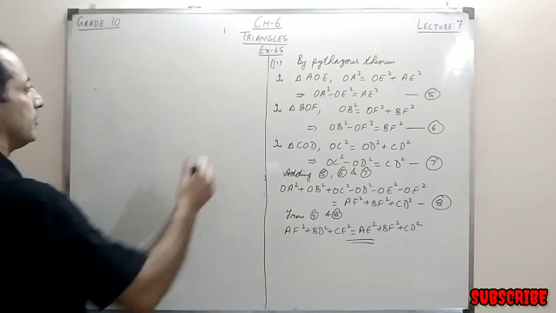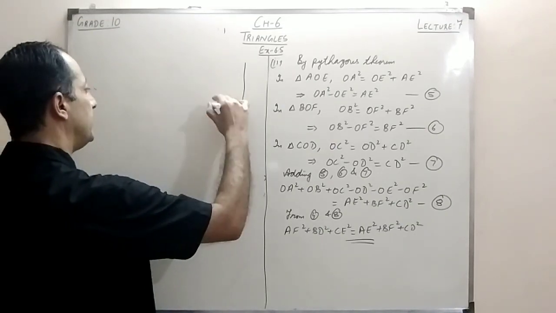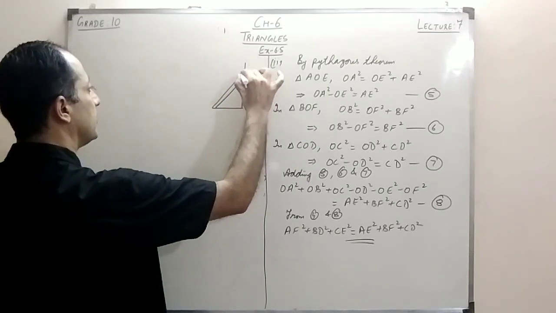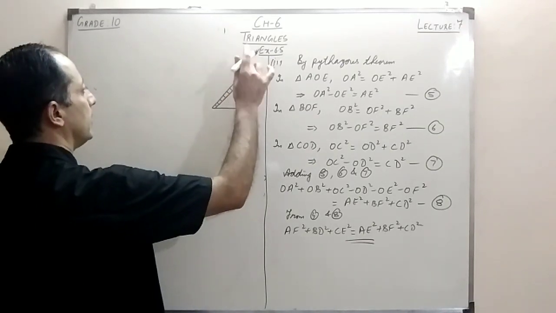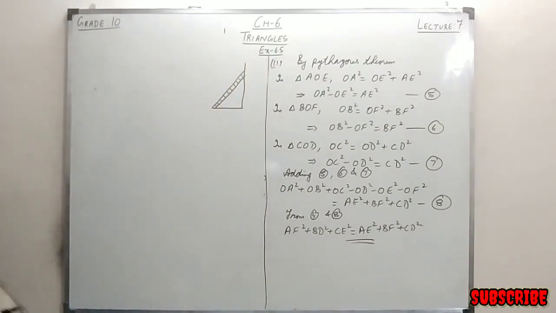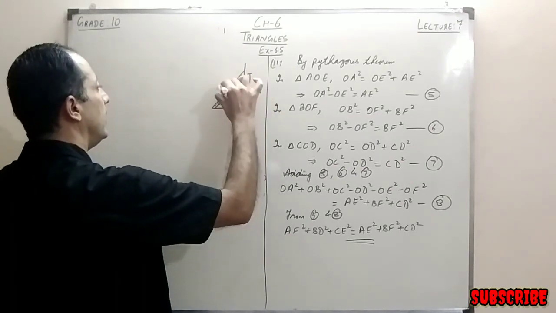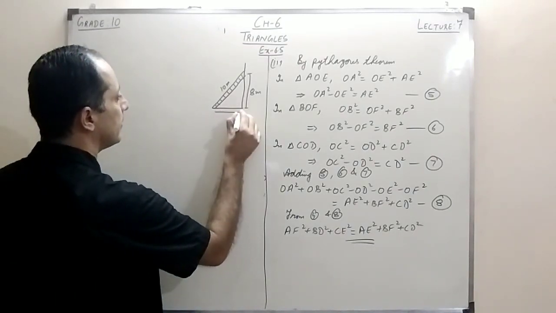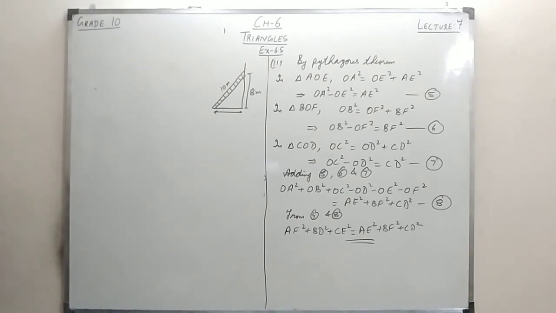Understand the figure first. So suppose this is the wall. Now it's given that a ladder is inclined to the wall somewhere here. Suppose this is the ladder, right? And this is somewhere the window. Let's say that this window is somewhere 8 meter above the ground and the length of the ladder is 10 meter. What we have to find is this distance. How much distance is the foot of the ladder from the wall?